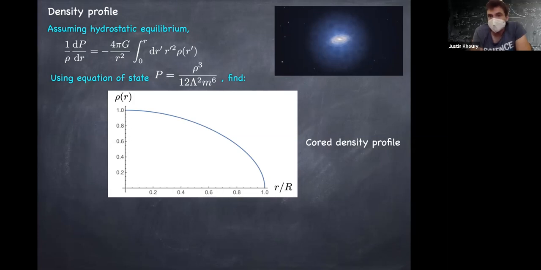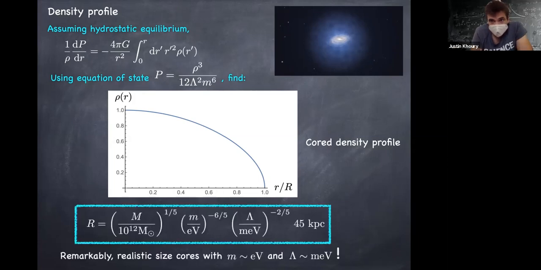Yeah, the equation that you end up getting is a Lane-Emden equation. It's a famous equation in astrophysics in particular. And interestingly, the size of this core, when you work it out, has the following parametrics. It depends, of course, on the mass of the core, m. It also depends on the mass of the dark matter particle and that coupling scale lambda.